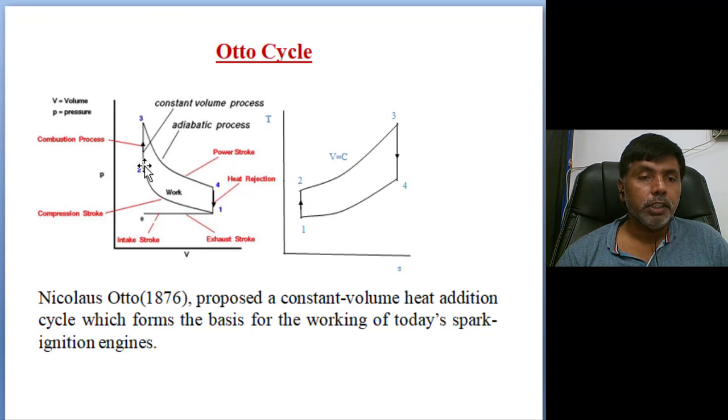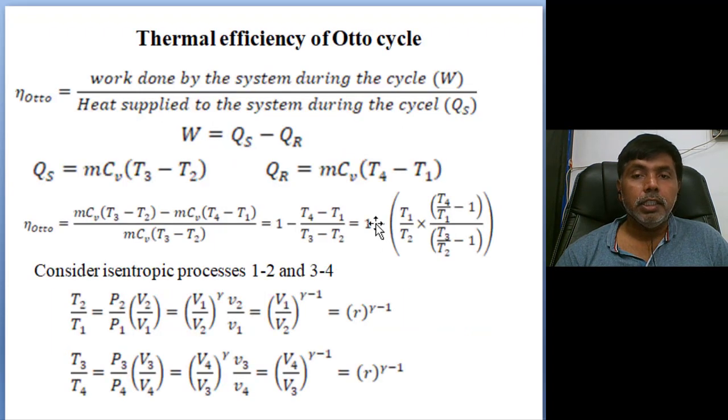So MCV(T3 - T2) and MCV(T4 - T1) is the heat rejection. Then we substituted, the MCV cancels, and finally we get 1 minus (T4 - T1)/(T3 - T2), or 1 minus T1/T2. T1 in the numerator is kept common and T2 in the denominator is kept common. Then T1/T2 times (T4/T1 - 1)/(T3/T2 - 1). Here, for simplification of the equation, we used the